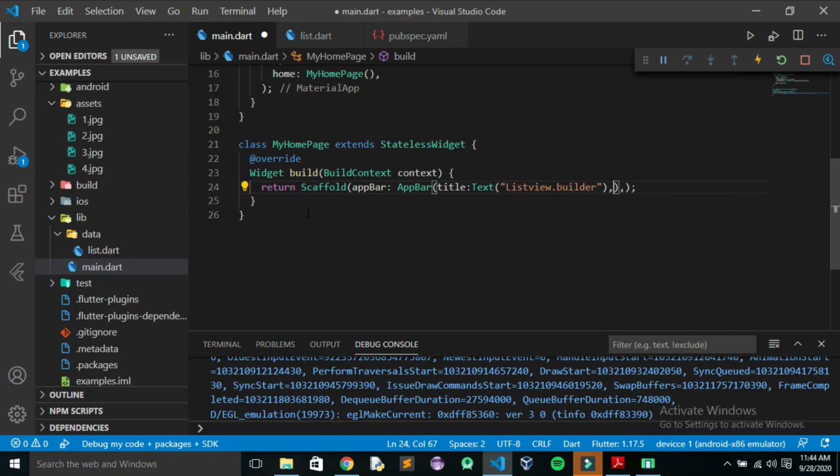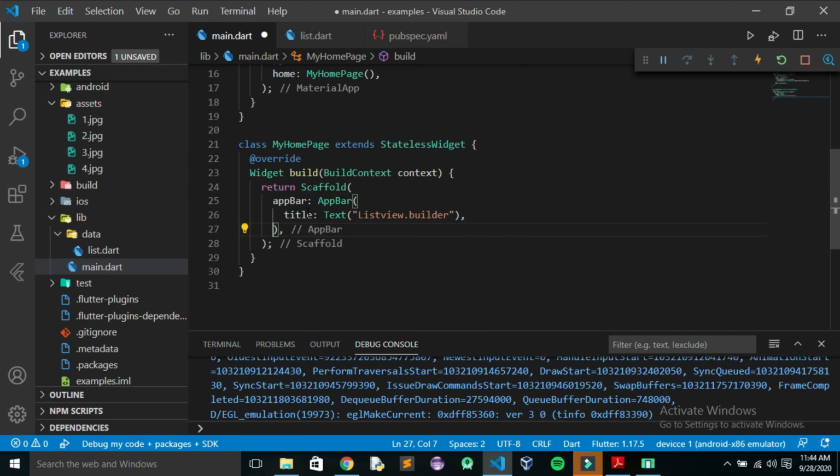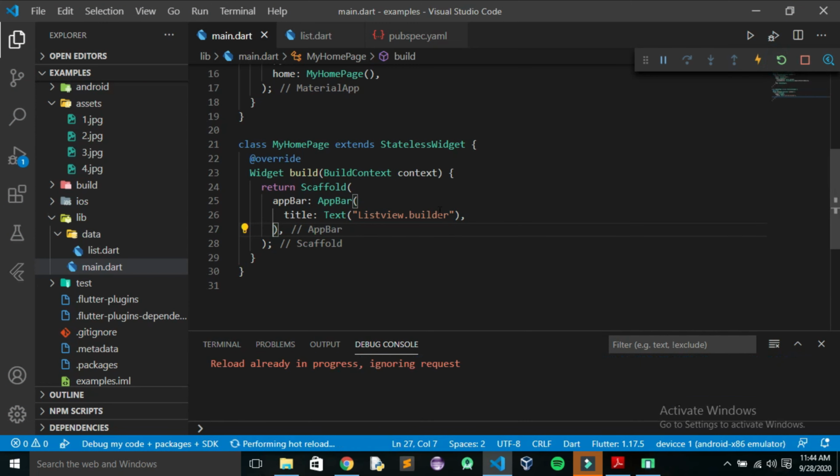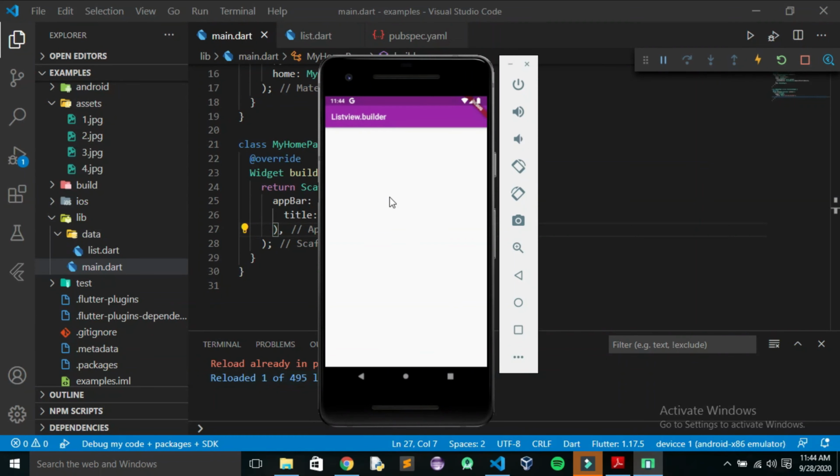Let me format it. Okay, now let me save my code and rerun this. So here we see that we have our app bar.